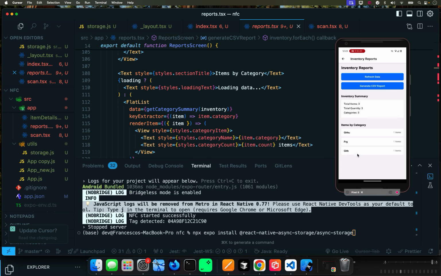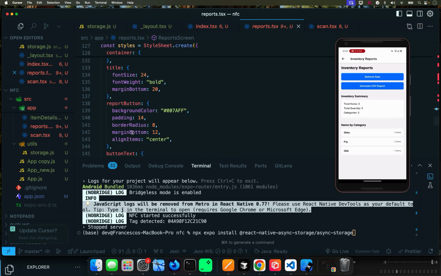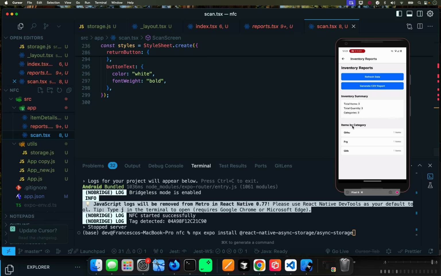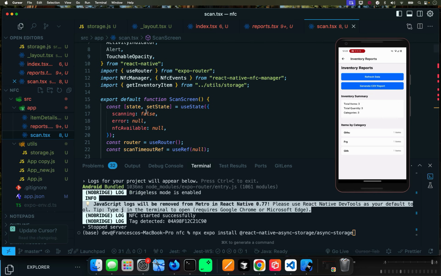coming from the flat list. You see the list right there. And this is the flat list right there. Okay? And styling, nothing different. Same thing. Now we go into the scan. And scan TSX is the main one there. The only difference here is that this is where the NFC manager and the NFC events first appear, because they're actually doing the actual scanning of the item, of the tag. So this is where they're being imported,